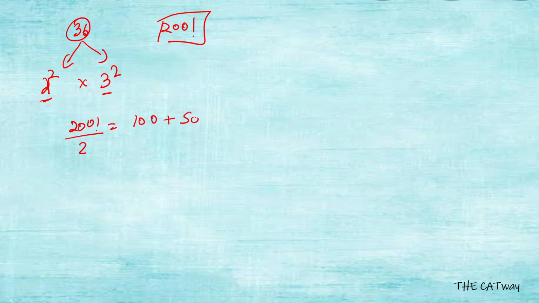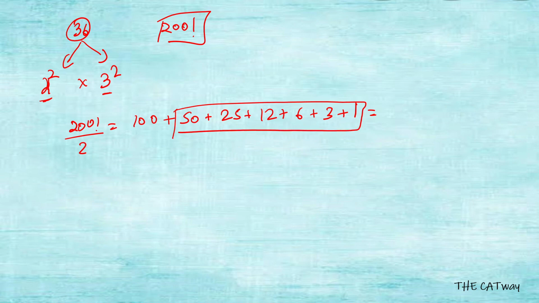So what we will do is, 36, how can it be written? It can be written as 2 square, that is 4, into 3 square. So we'll find the highest power of 2 and the highest power of 3. The highest power of 2 in 200 factorial would be 200 divided by 2, that is 100, then 100 by 2 is 50, 50 by 2 is 25, 25 by 2 is 12, 12 by 2 is 6, 6 by 2 is 3, 3 by 2 is 1. Why 1 and why 12? Because we only take the integral part. So we know the value of this is going to be 97. So we add 100 to it, it will be 197.